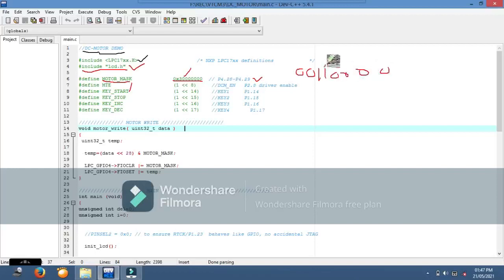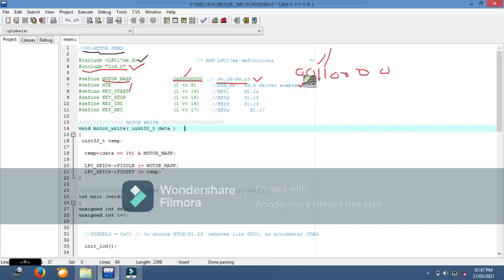It means bits 28 and 29 are 1 and the remaining are all 0. We use this for masking the motor, which is connected to pins 28 and 29 of a port that we'll see later.